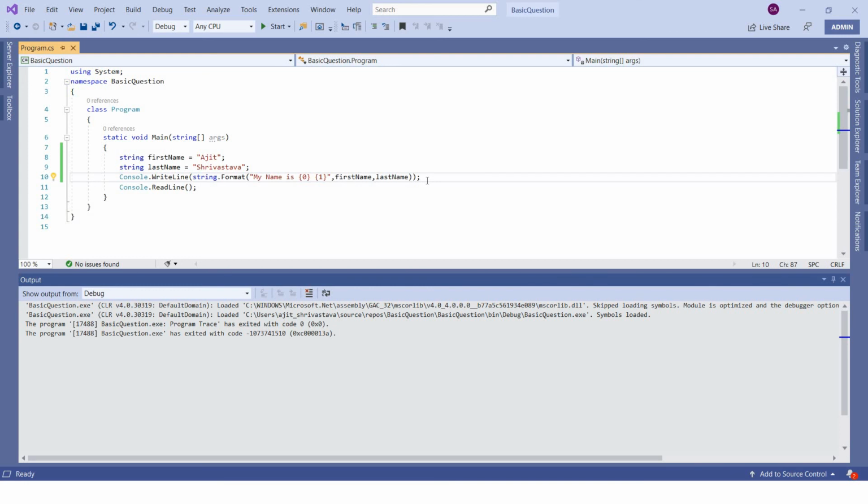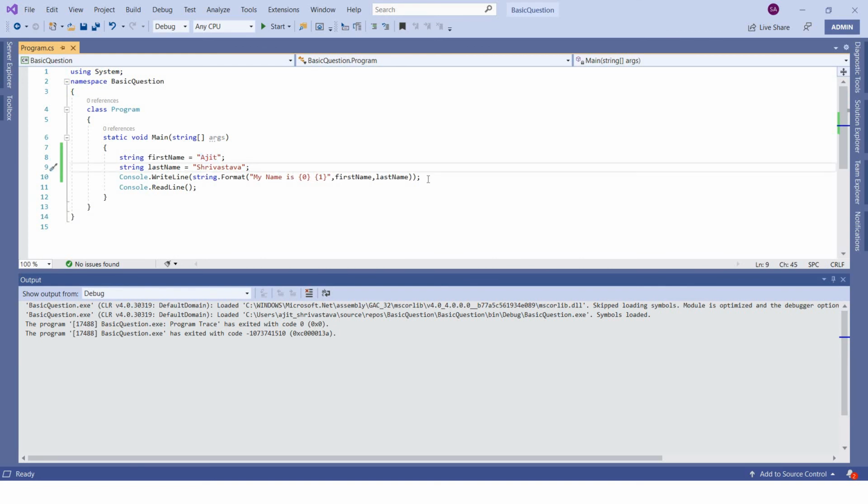One thing I wanted to add here is, whenever you declare a variable, like first name, you added Ajit. How it actually works during runtime is, it will allocate a memory for this variable and it will store Ajit in that memory, right?